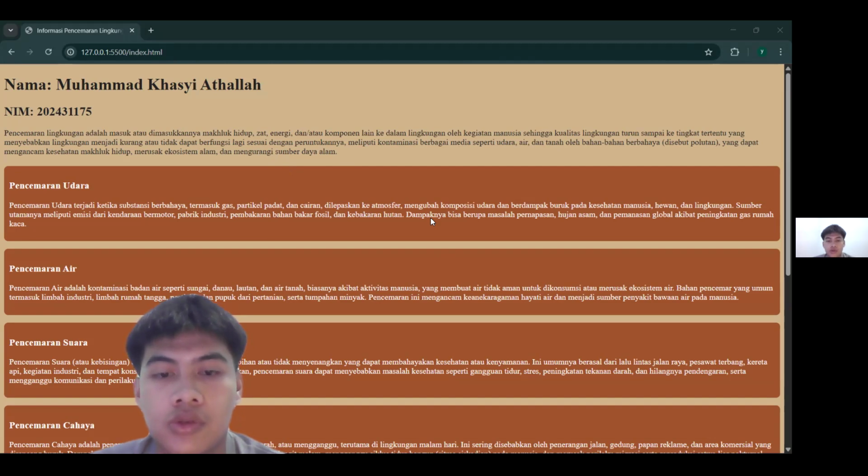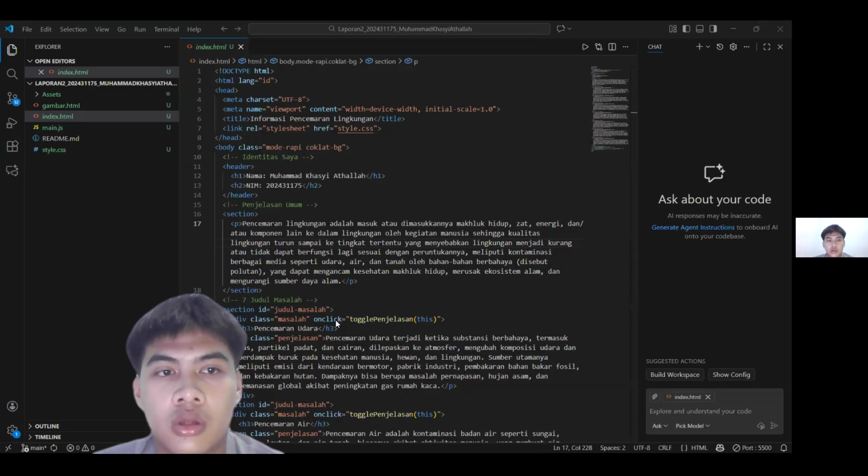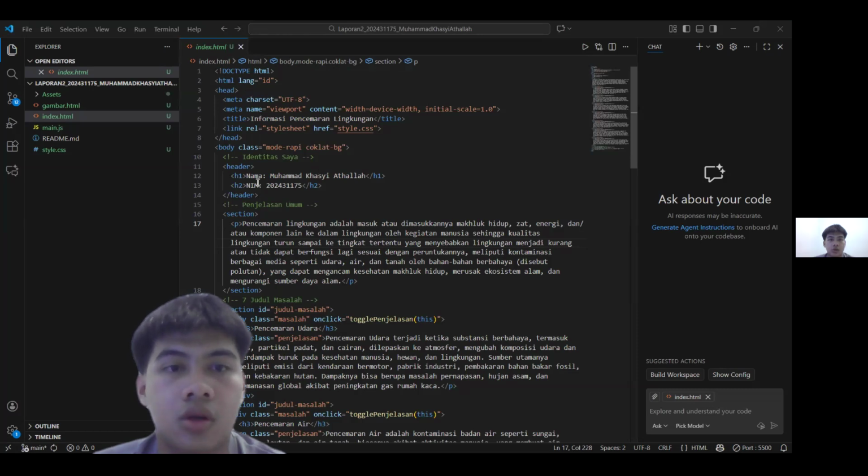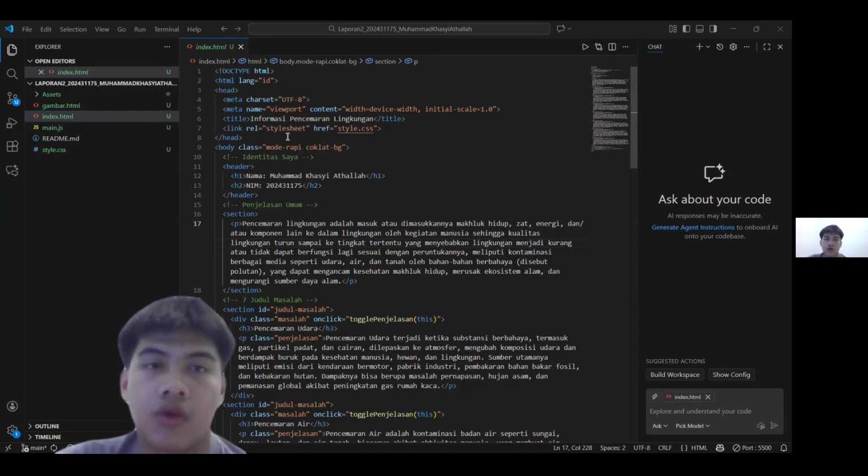Okay, now I'm going to show you the source code. All right, here is the source code. The first one is index.html. This is the code for the first page.